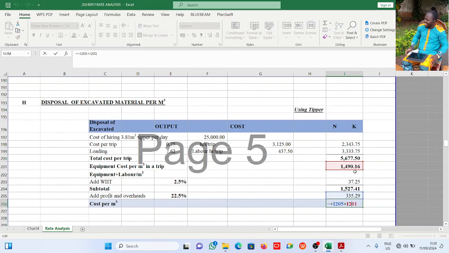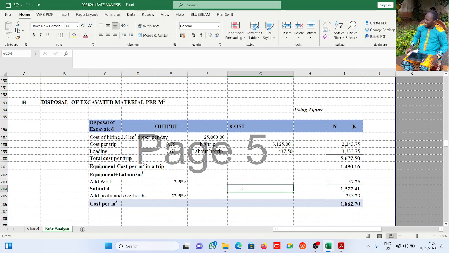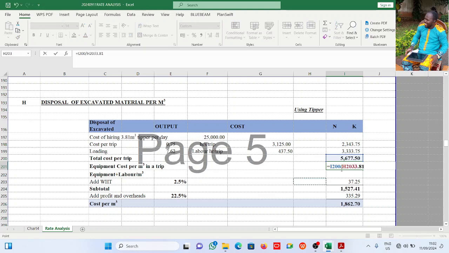All right, so this is this and this is that. Now this is for disposal. Basically the cost of hiring the tipper, the trip it will go. Now these are industry research standards. Then 3.8 cubic meter for a 1 cubic meter trip, or 1 cubic meter trip divided by 3.8. Then you add withholding tax, then you add